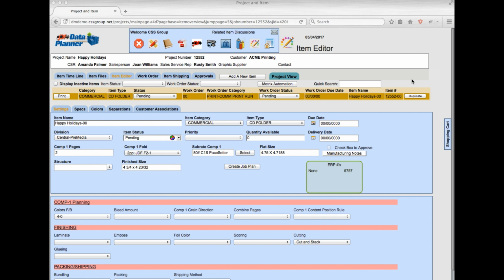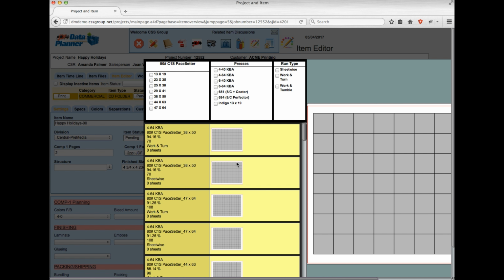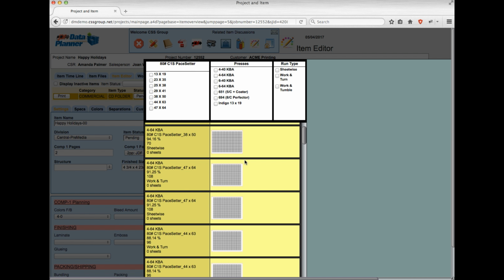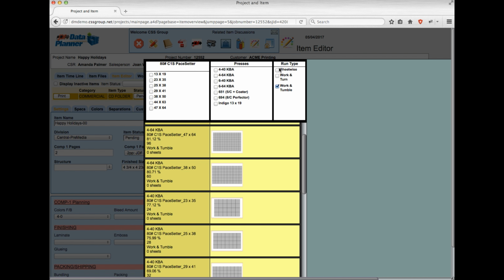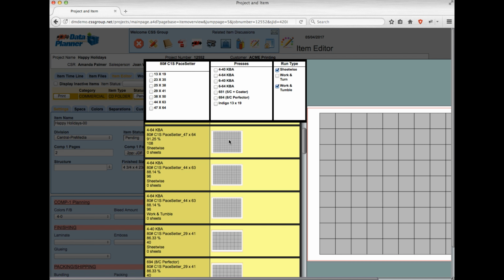If we look at the job that we've created, we've entered enough information in here that we can go off and we can test the ability to take this information and decide what kind of layout we want to attach to this job. We have all the stock sizes, we have the presses, you have the work and turn methods or whatever they happen to be. So if I want to isolate a specific work type, I can say, okay, that's my best layout if I want to work and tumble. If I want to try sheetwise, that's my better layout for this project. In this case, we're going to select